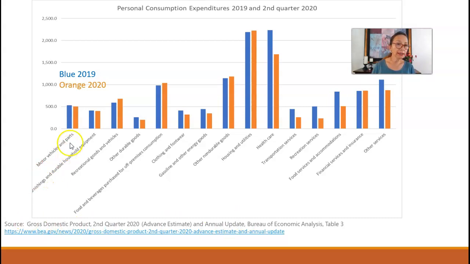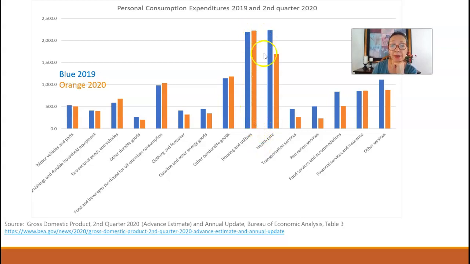Motor vehicles and parts, slight drop in 2020. Furnishings, durable goods, and household equipment stayed about the same. Recreational goods and vehicles went up. Food and beverages purchased for off-premise consumption. This is like grocery stores. Grocery store sales went up. Clothing and footwear went down. Gasoline and other energy goods went down. We can see that expenditures on housing and utilities had a